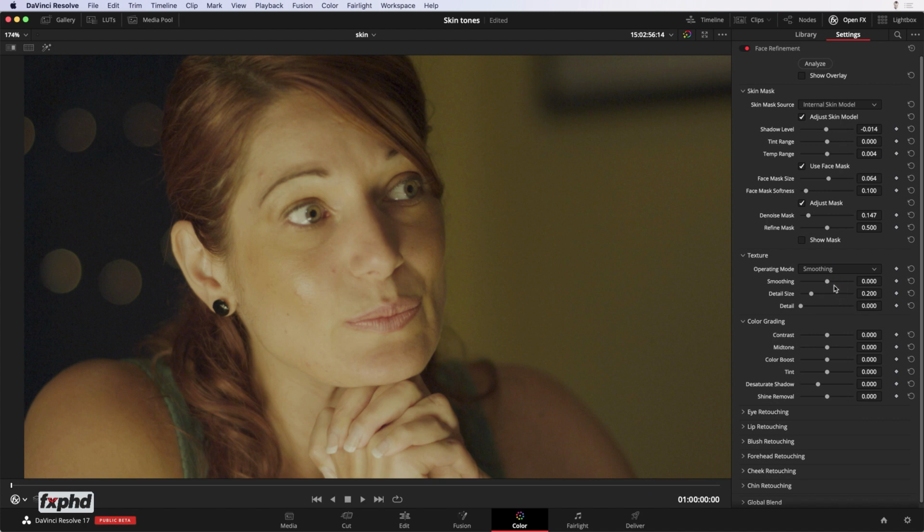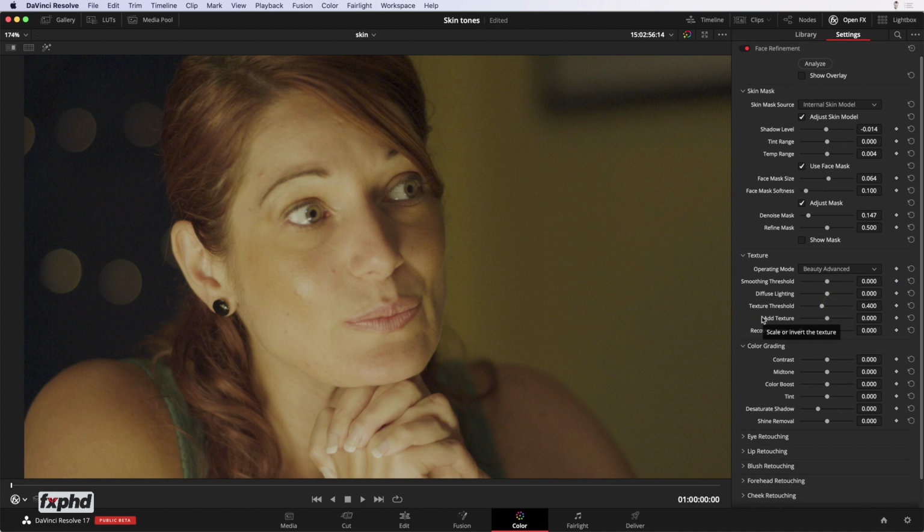But today I'm going to use Beauty Advanced, and I'm going to add a bit of diffuse lighting to her. So let's just do this. There. To turn this off, I'm going to go up there. Let me just toggle it off up here. Let's take that up a little bit more, on 78. Now I normally go and add a little bit more, then just bring it back. Just use diffuse lighting, as if you put a really nice soft box or something up above, a bit like what's making me look so good here.